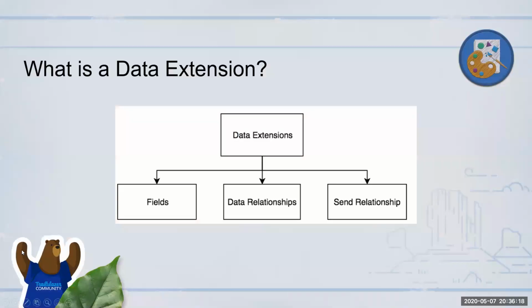Okay, so we talked about why we need data extensions, because subscriber lists are primarily not very flexible. You are only able to store subscriber information. So if you want to bring in non-subscriber information, or relational data, etc., we want a better, more flexible data structure where you can create your own fields, different data sets and all that.